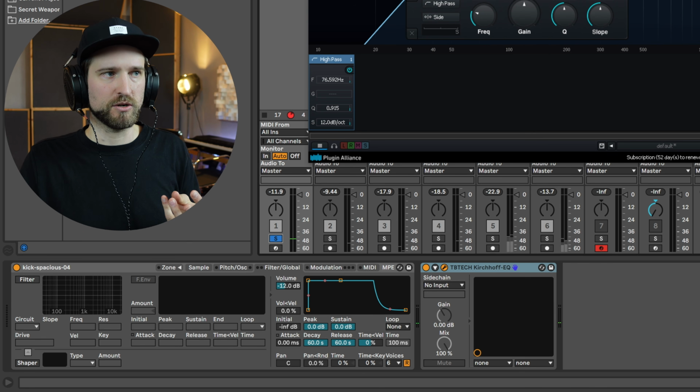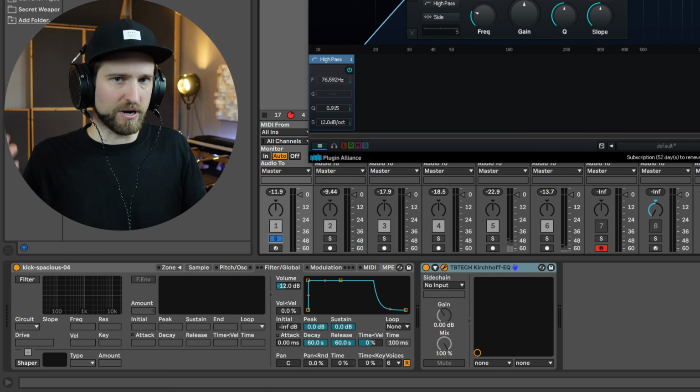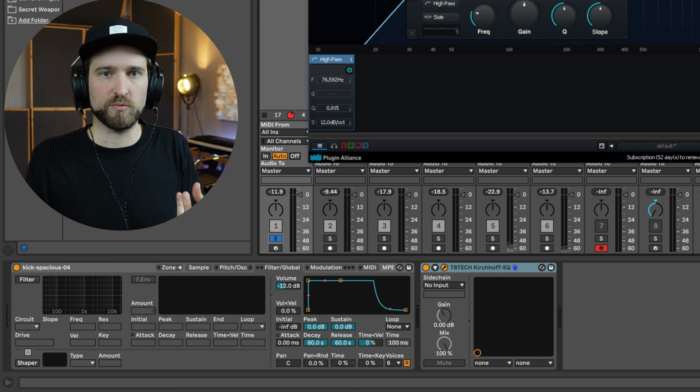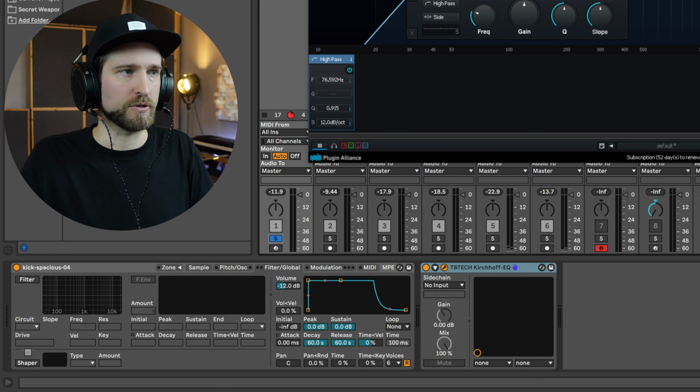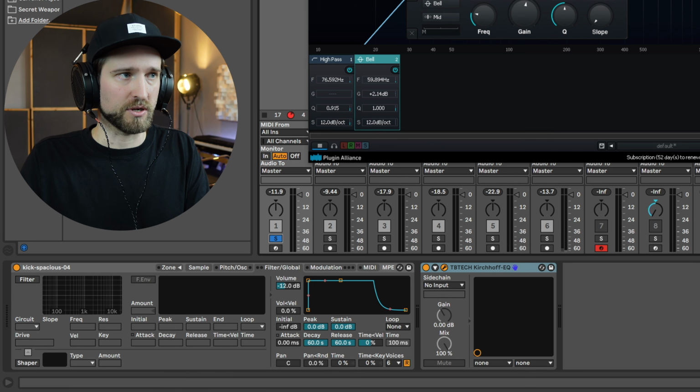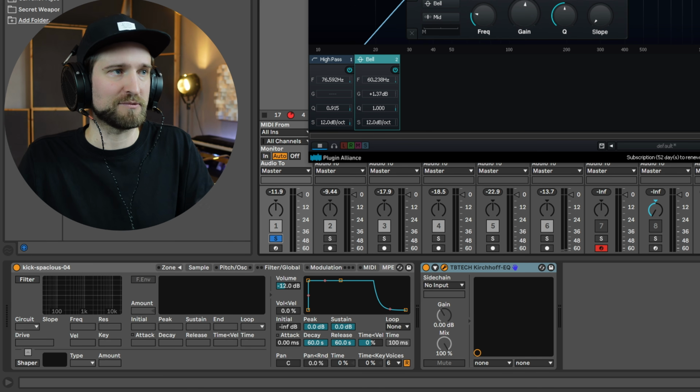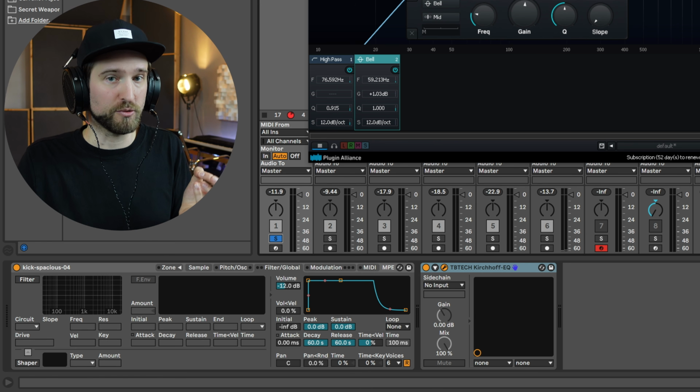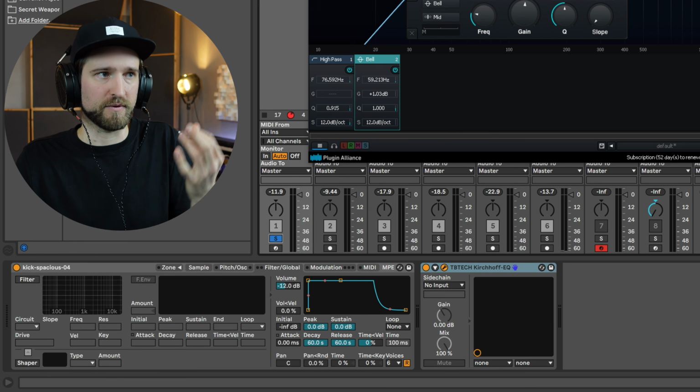So as you can probably hear, it takes away some of that side rumble without messing too much with the original kick drum sound. You could theoretically then go in here and boost the center portion once again, but this is where it gets tricky because of course with the mid channel, you will obviously also boost the left and right channels as well. So it kind of defeats the purpose if you do these kinds of tweaks at the same time. Sometimes it sounds better because you still boost more of that center information than from the sides,